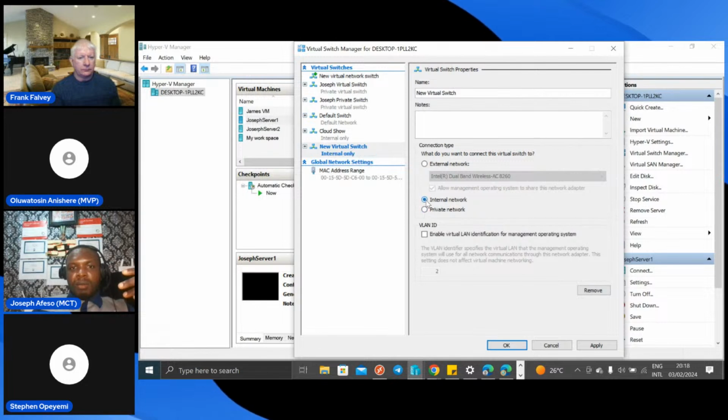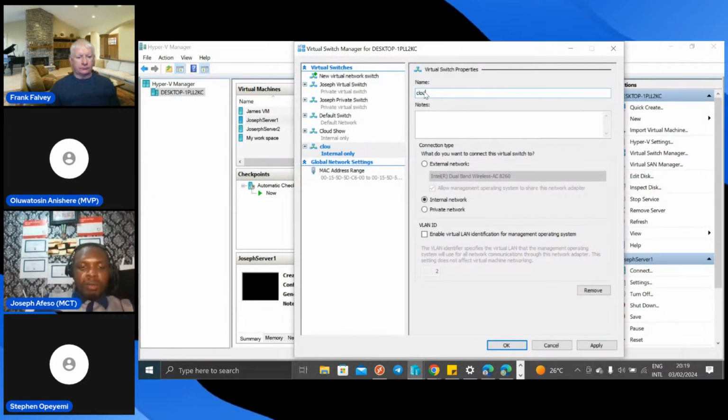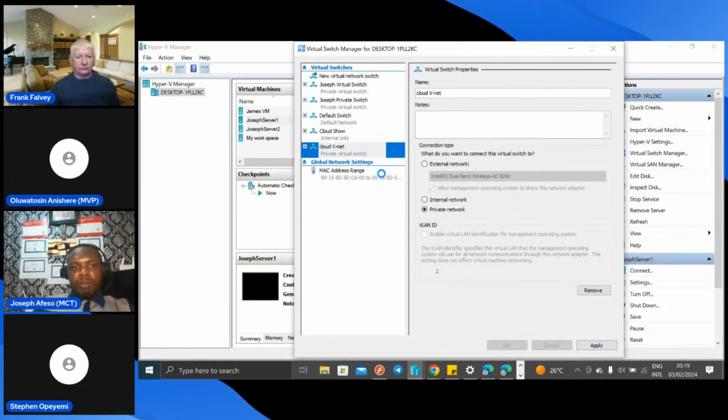Because we will not be deploying the VM completely, I can show you from an existing VM. Let's say cloud VNet, and we want to make it private. We can put a note, then we apply it, and we have created that.